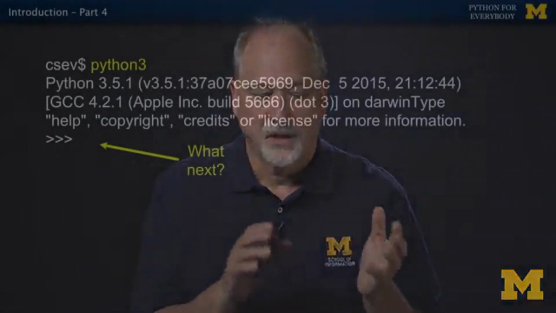So welcome back. Now we're going to start learning about the Python language. You can think of this as talking to Python itself. It turns out that there is a way on most computers, whether it's a Windows computer in command line or a Macintosh or Linux box, to get Python started. If you just run Python, it will take commands interactively that you can type. And you have to type Python at this